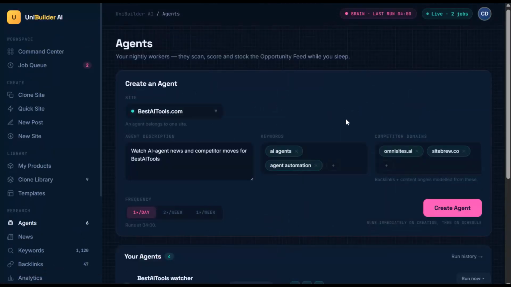While we're talking about the AI agent side of things, I just want to pull up the AI agent page, because the basic idea is that we can go in and create an AI agent which will manage our sites. So we want to put in a description of the agent. We want to put in keywords that the agent should track, both in terms of our competitors and also in terms of keywords and related keywords that we can target, and also in terms of news stories,